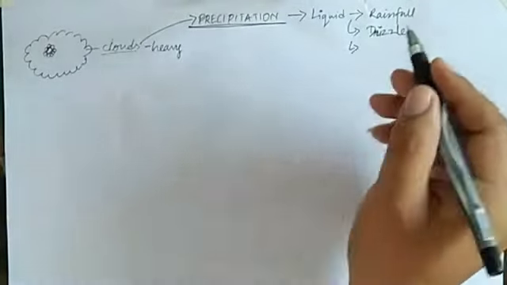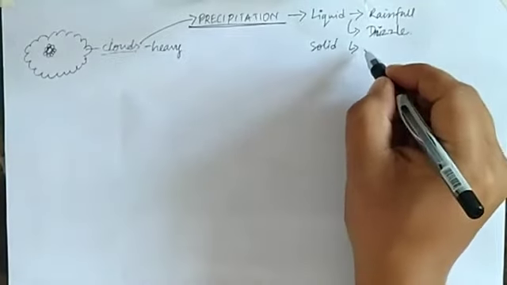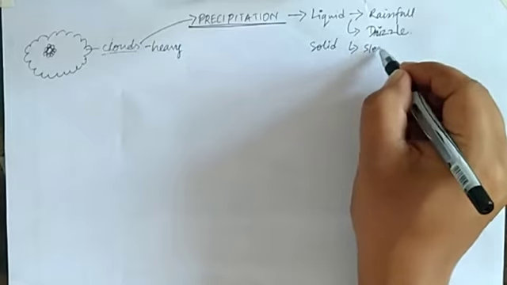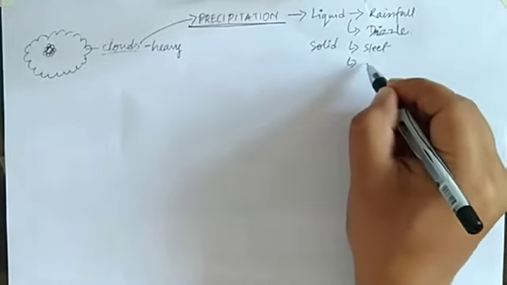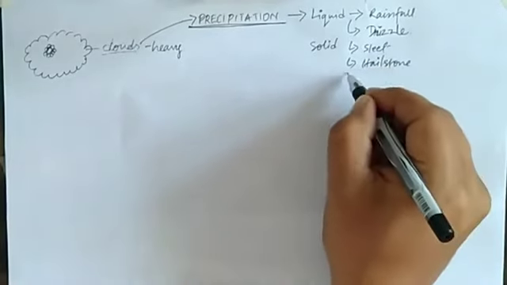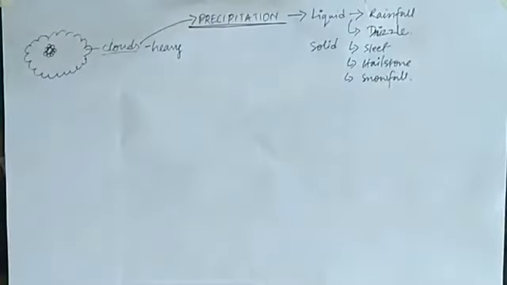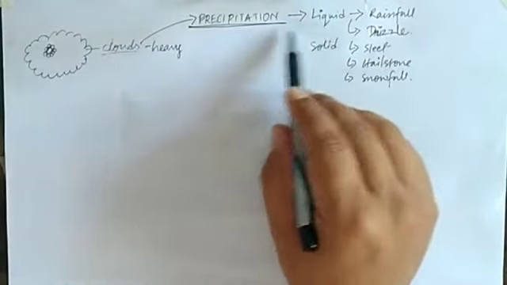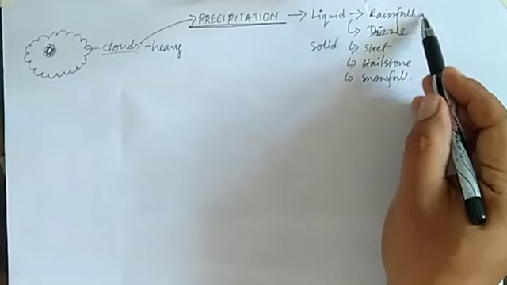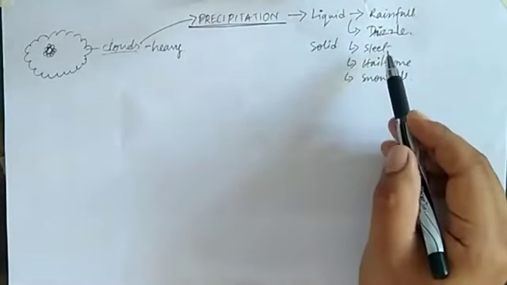And another one, when it forms in the solid form, we have sleet, then we have hailstone, and snowfall. So in the form of liquid, the precipitation when it falls down is rainfall or drizzle. And in the form of solid,